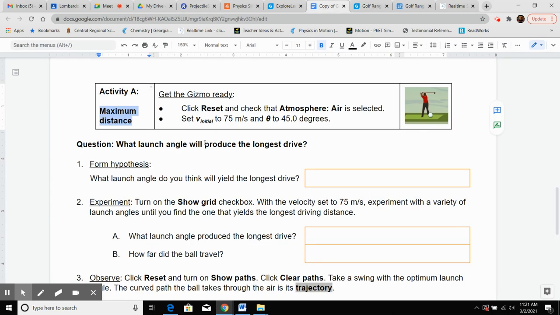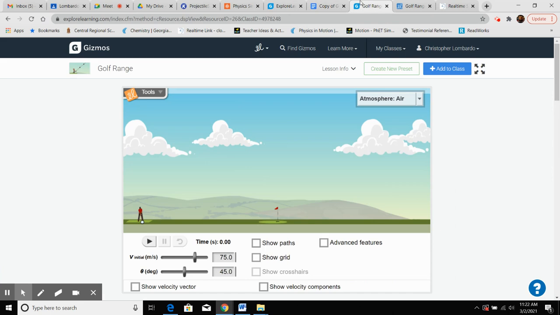Question: which launch angle do you think will produce the longest drive? Before we fully begin here, if I took out the air resistance, there is going to be a piece of information. Any 2 angles, any 2 numbers that add up to 90, are going to land at the same distance if we neglect air resistance. So if we take out air resistance and we're just doing it in a vacuum,